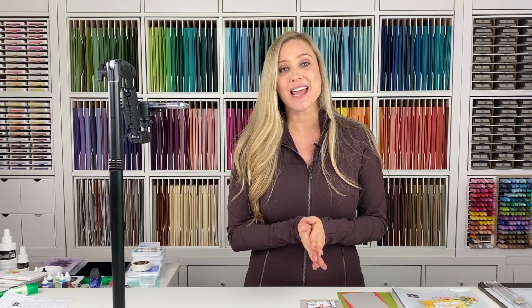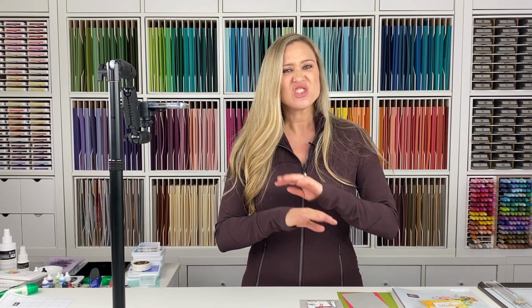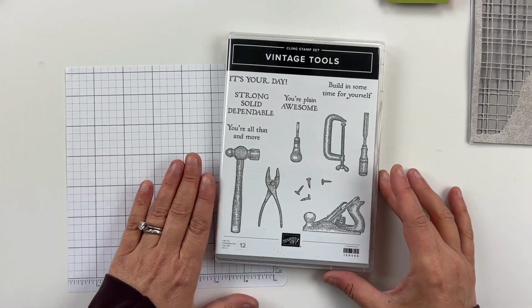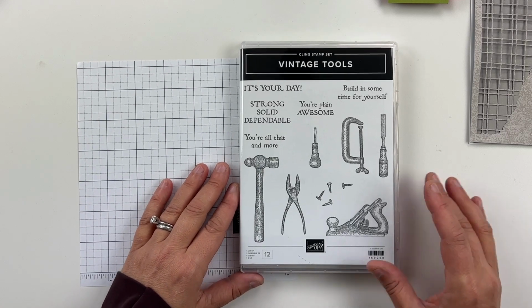All right, so I'm going to jump right in and show you how I made this card. Super easy. You're just going to need your stamp set. And let me show that to you one more time. So fun. If you have someone who likes carpentry work,